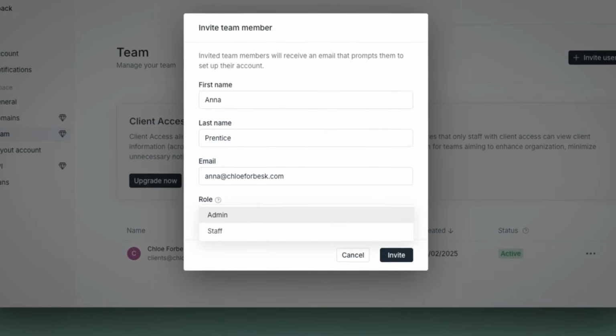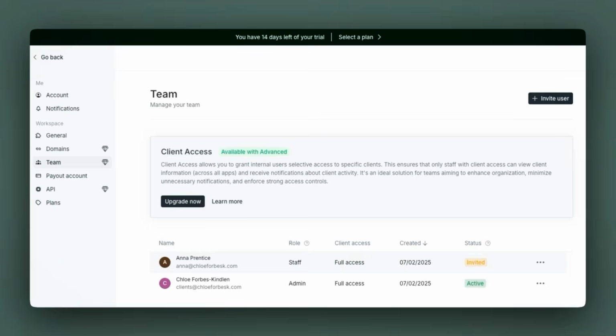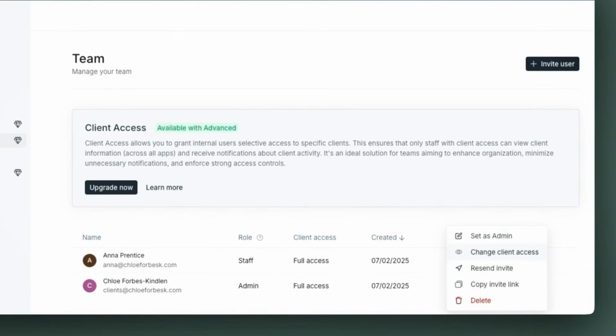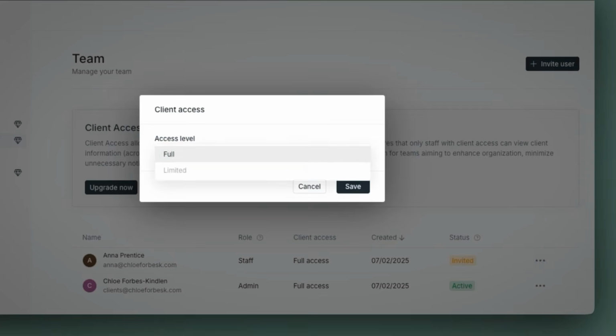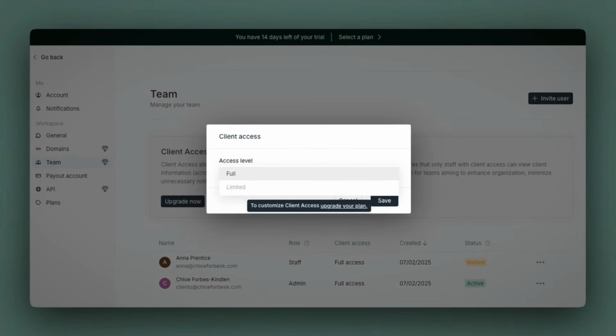So I'm going to change this to staff here, select invite. Right now, she has full access. If we click on these three dots, when we have an advanced plan, we could change client access to limited. Now, I'm going to show you what that looks like in my official Copilot account, just so you've got an